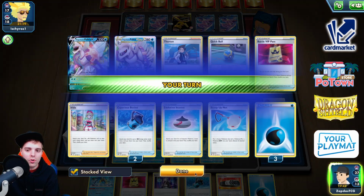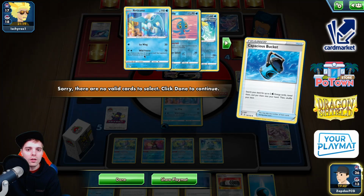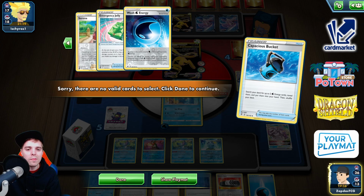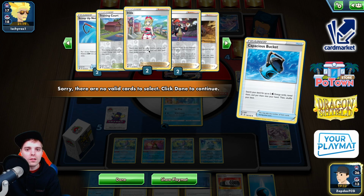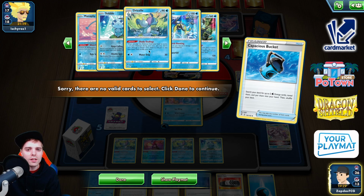Alright. Do we have more, like 3 energies, 4 or 5 energies? Okay, there's another boss's orders. Another boss's orders. I wonder here. We have no more energies left. We need to find Scoop Up Net, Raihan, Irida,